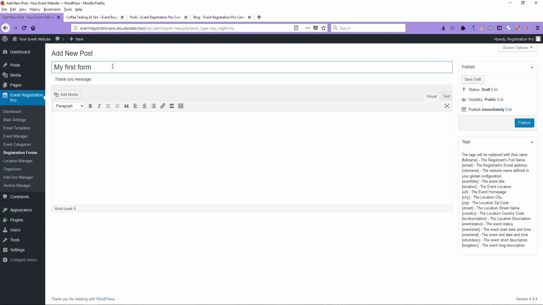Doesn't really matter what you name it. It'll only be visible on the back end in your event selection list. Now, this page is very, very minimal right now, and there's not any way to create form fields on this page as you see it. The reason for that is because we have to immediately publish it after you've given it a name. And once you publish it,